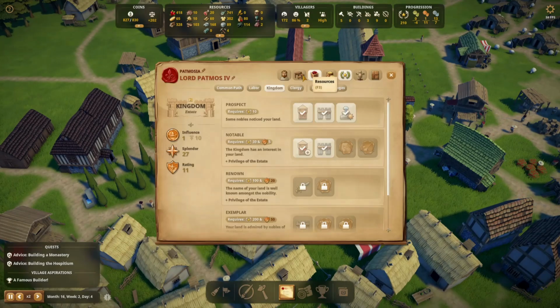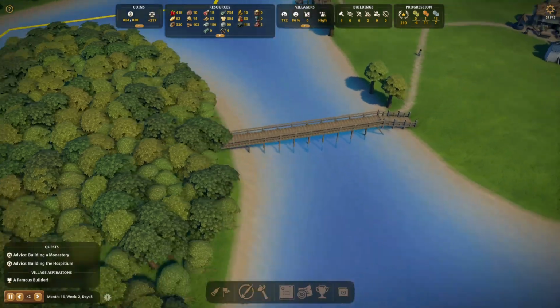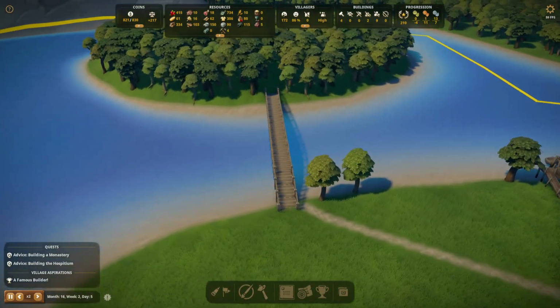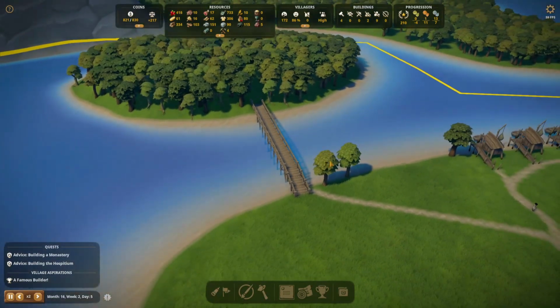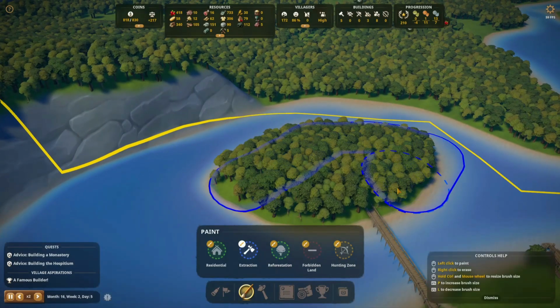2 new villagers. I need at least 2 again, so that's great. The wooden bridge is built. Nice. We can now get across for the monastery. Not going to build the monastery yet, but... Well, we can set it as an extraction zone. So that they can take off...